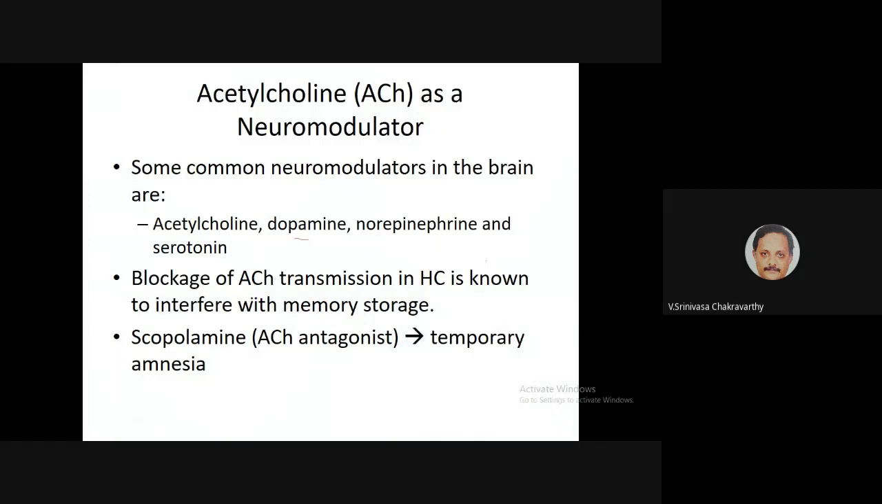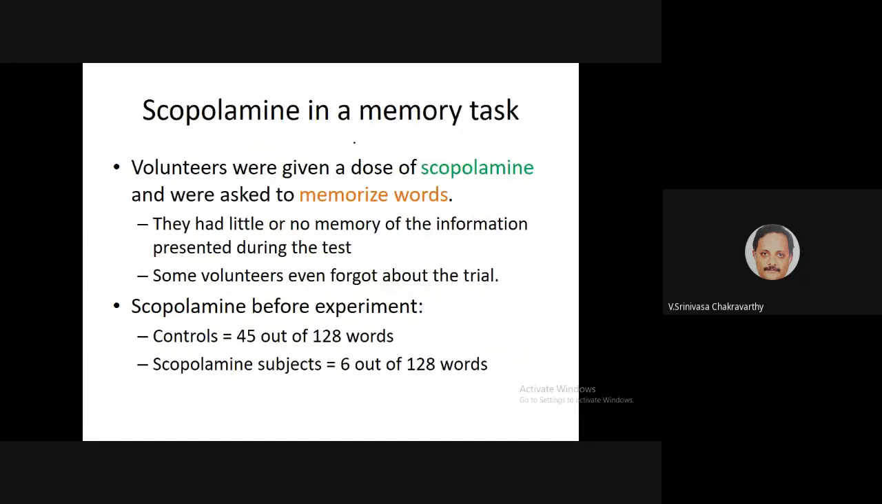Now, what is interesting is that blockage of ACH transmission is known to interfere with memory storage in the hippocampus, right? So for example, take an acetylcholine antagonist called scopolamine. That will block the action of acetylcholine, right? That is known to induce temporary amnesia. Okay, so for example,